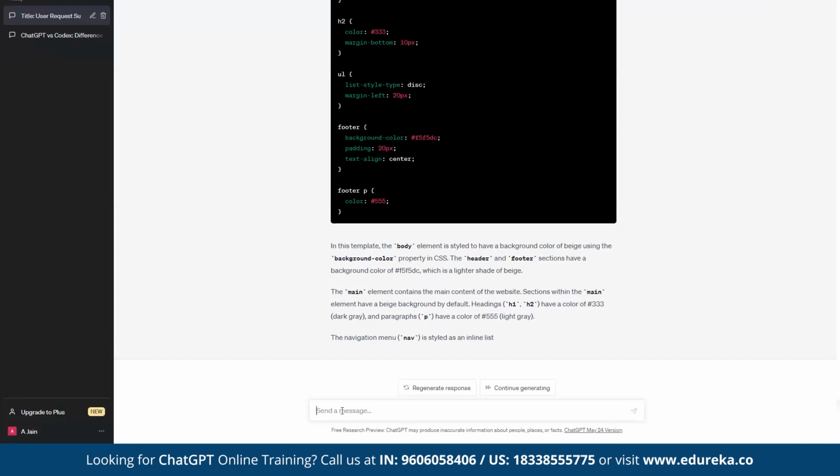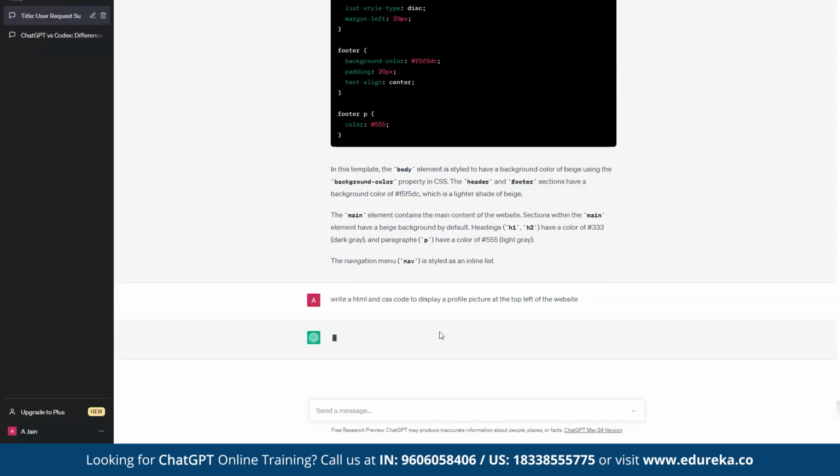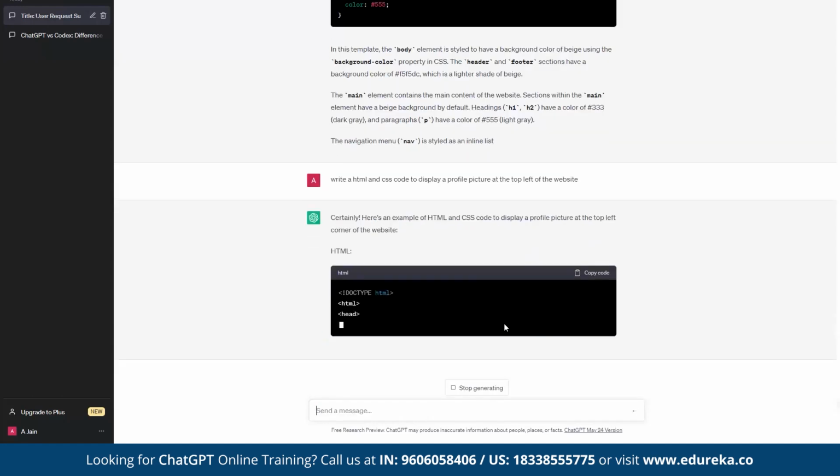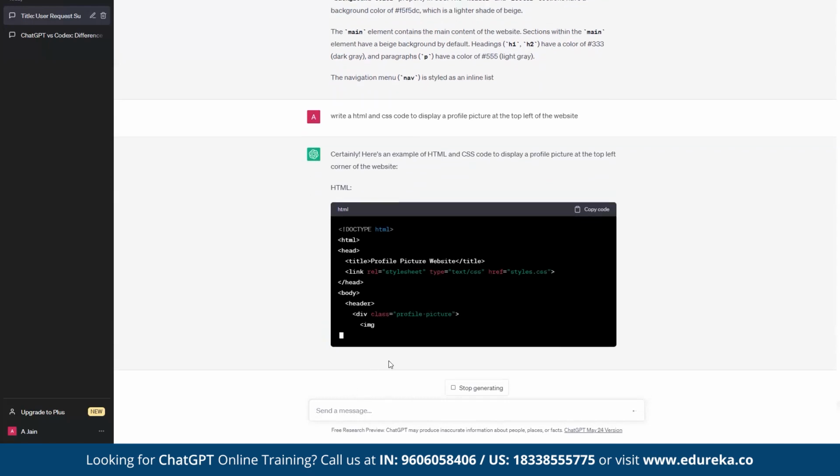Let me give you one more example. Write HTML and CSS code to display a picture at the top left of the website. Display a profile picture. So many times we have to write this code, right? So here, you want to display that at the top left, it will write that code.